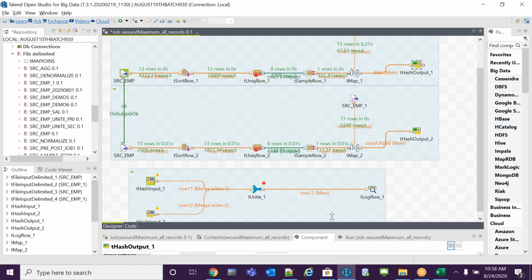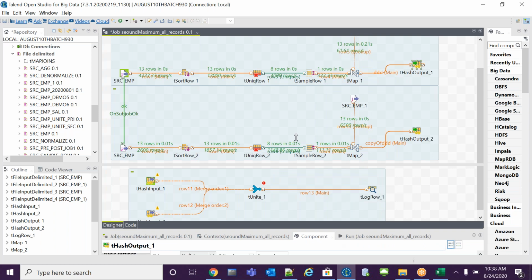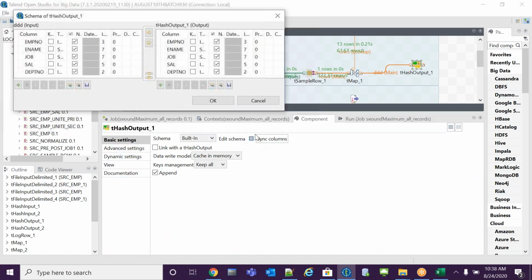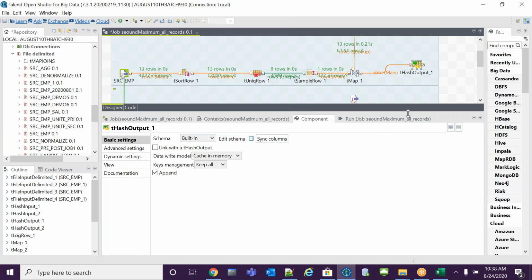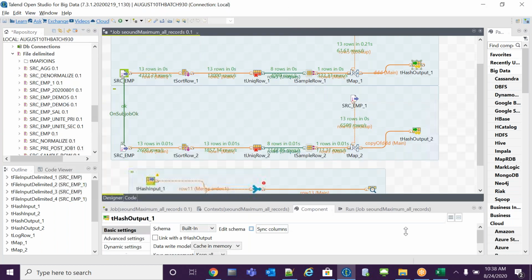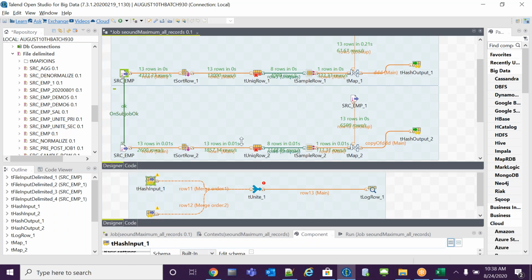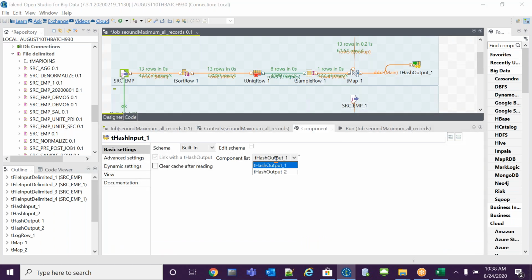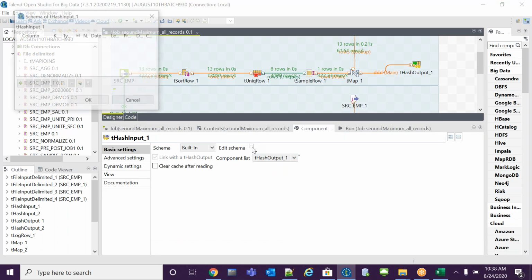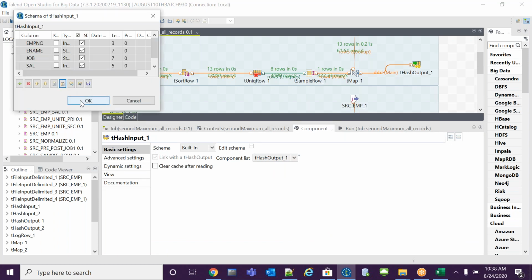Double click the tAs output 1. Go for edit schema. Copy the output columns and come down. Go for tAs input 1, select output 1 here, go for edit schema, paste it. Click OK.